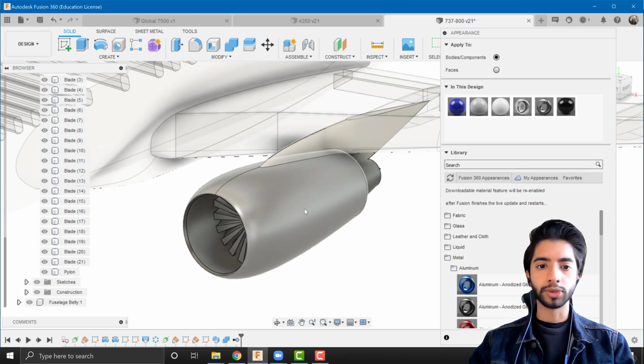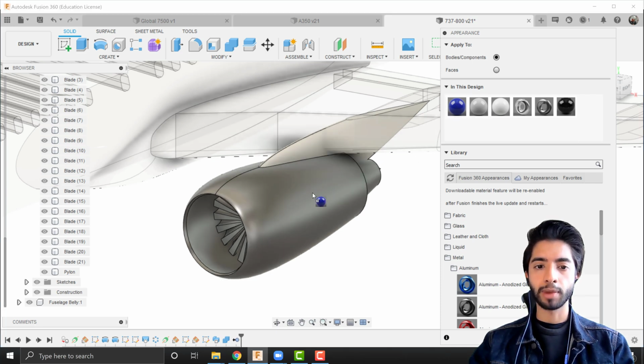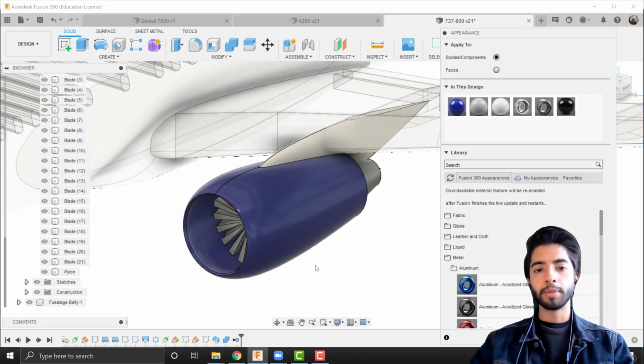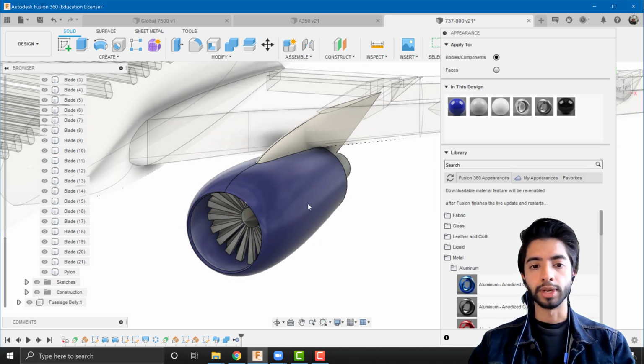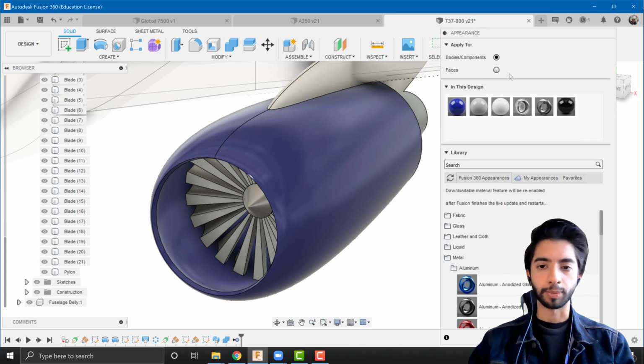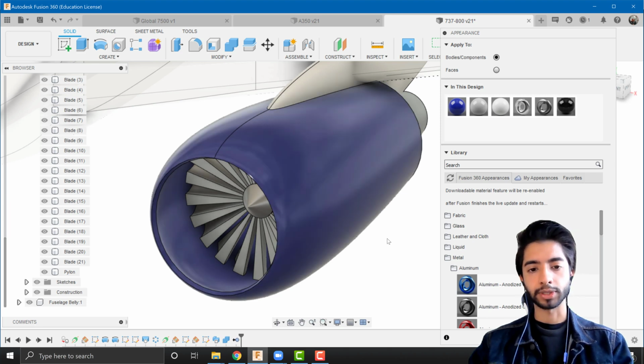Okay, and the next thing I want to do is apply a blue to my engine casing. So I can drag my blue and add it on top of it. But you can see what it's done here is that it's applied this blue section on top of the entire casing, which is what it's supposed to do. However, I don't want that. I only want the outer surface of this engine casing to be blue. So I'm going to press Ctrl Z